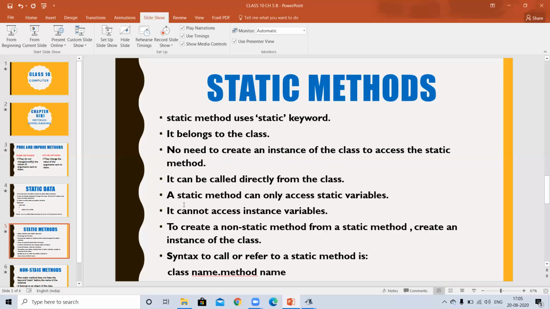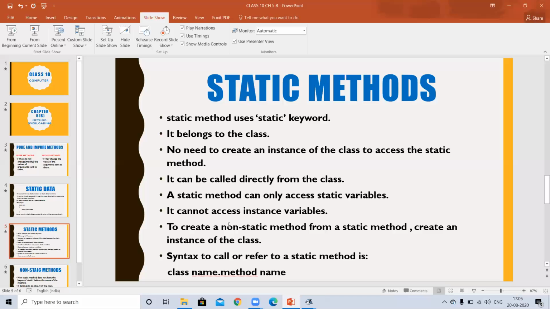Remember that a static method can only access the static variables. This is the specialty of static methods. A non-static variable it will not access, so it cannot access instance variables.